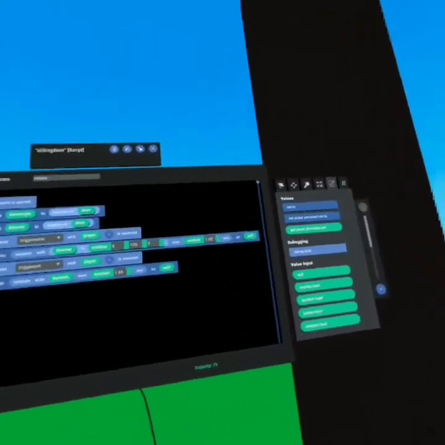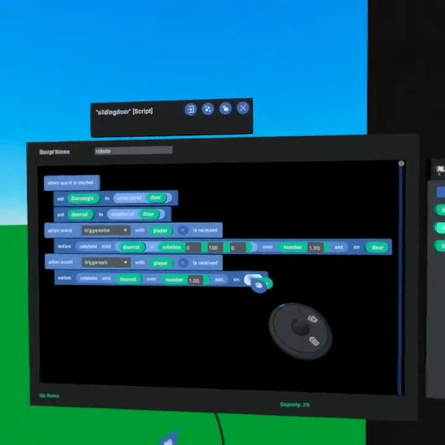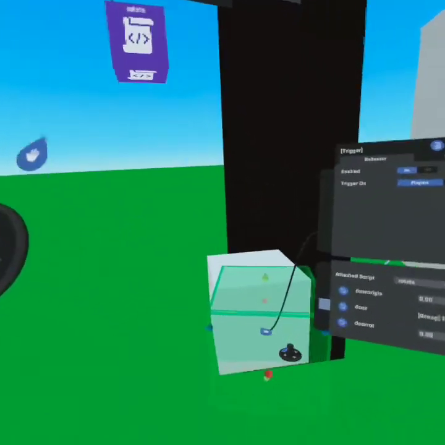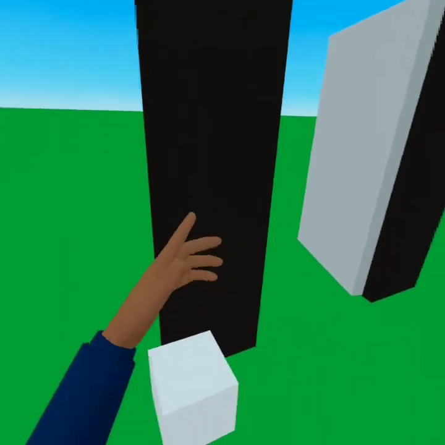well, what did we do here? Oh, I see. We put it on self. We forgot to tell it to do it to the door and not to the trigger zone. As you can see, our trigger actually rotated. So let's try that again. So now if I enter, it goes to that rotation. When I exit,